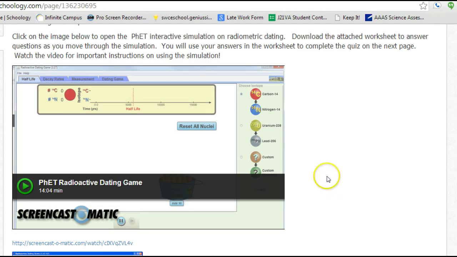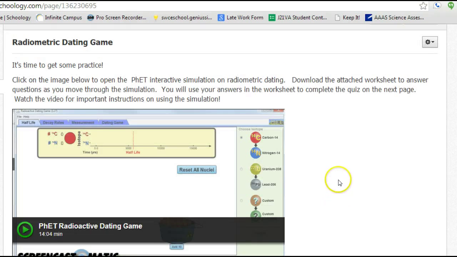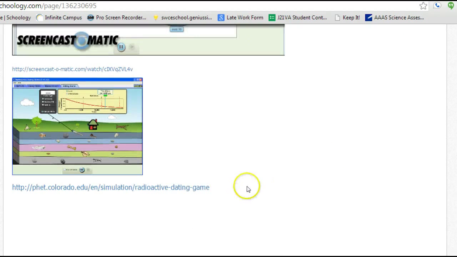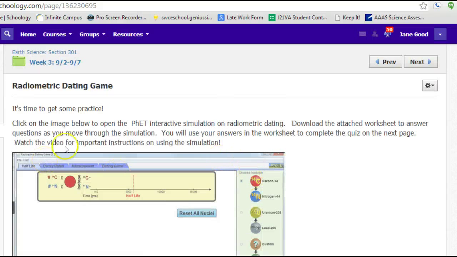nice simulations because, I don't know about you, but I happen to be a visual learner. If I can see this stuff happening, I get it so much better than if I'm just trying to read or even watch a video. So this gives you time to interact with that information and hopefully get a much better handle on what's going on there. So as you do this, what you need to know is that, let me pull up the next